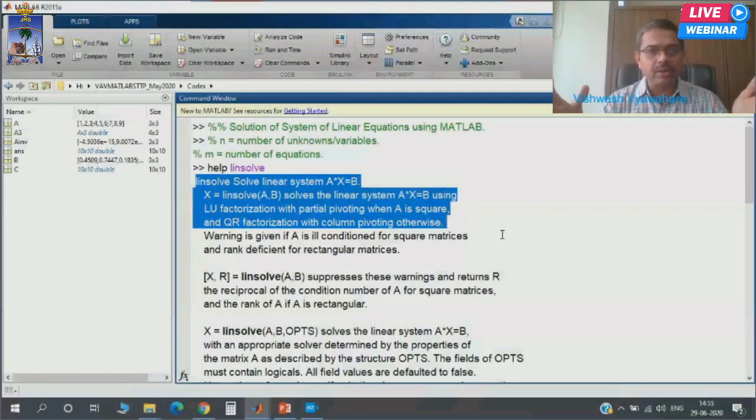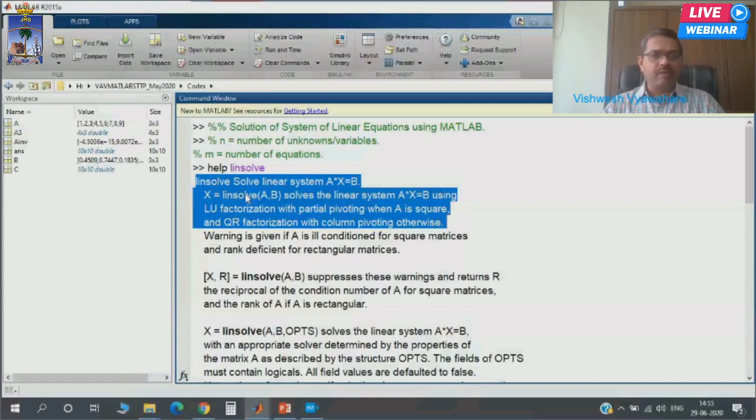People have written algorithms on how to find the inverse of a large matrix, how to find the inverse of a sparse matrix, and all those things. You will find numerous papers available in linear algebra journals and other numerical method journals which have been dedicated to finding the inverse. So finding inverse is a very costly thing from both memory and the computation point of view. So what MATLAB is doing is to solve these linear equations.